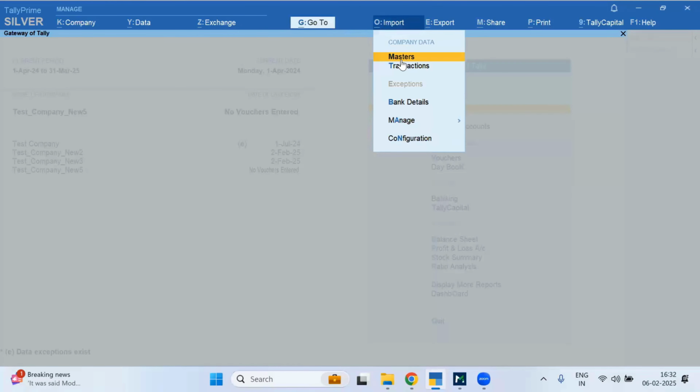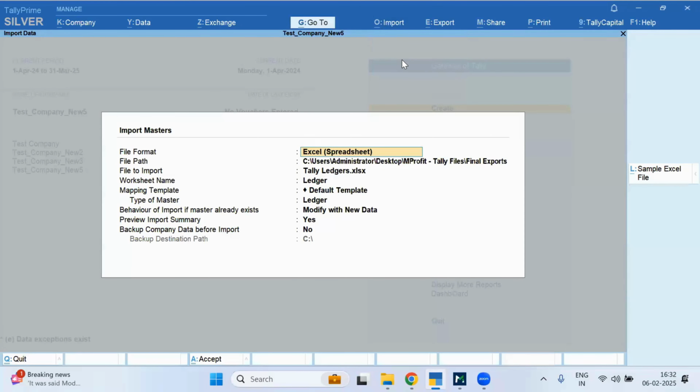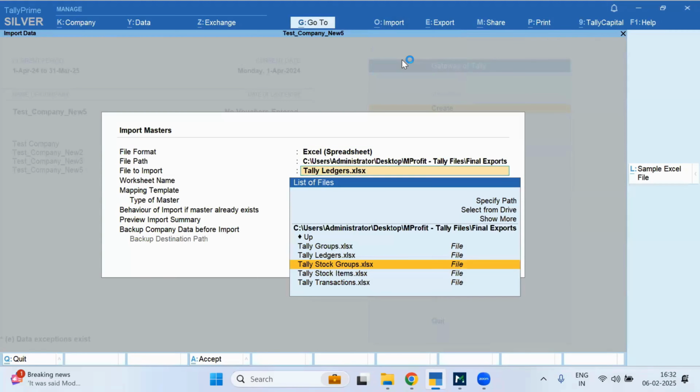Similarly, I'll again go to import, select masters. I'll select now the stock groups XLS file. Again, just to repeat, if you are processing the data without inventory, there won't be these 2 files, stock groups and stock items. You don't need to process or import these 2 files. You will just be importing groups, ledgers, and transactions if you want to integrate the data without inventory. But as I have selected the inventory option, I'll select stock groups,